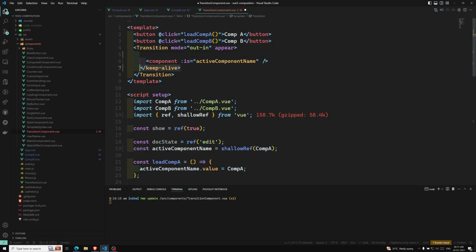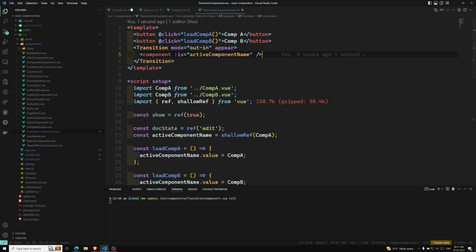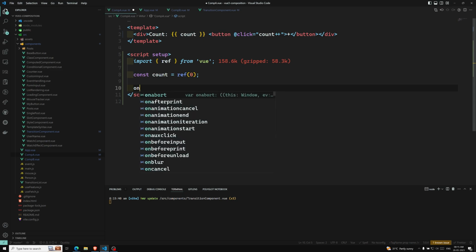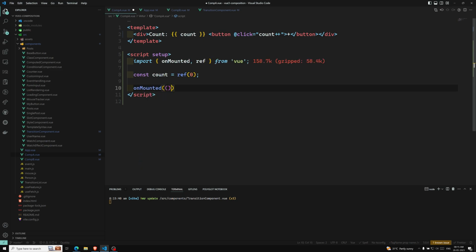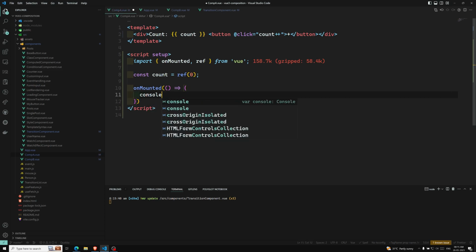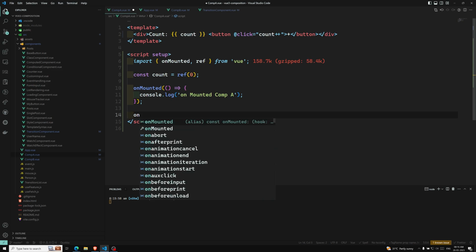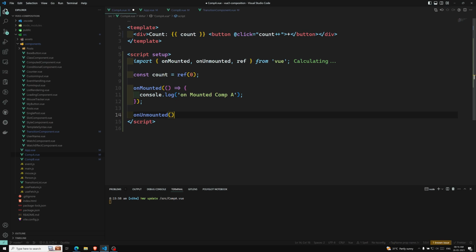Normally, whenever a component is loaded, what will happen? The onMounted hook will be fired. So here onMounted will be fired. Here I can write console.log onMounted component A, right? And another one is when it is removed, onUnmounted will be fired. So these are the common generalized lifecycle hooks. So console.log unmounted